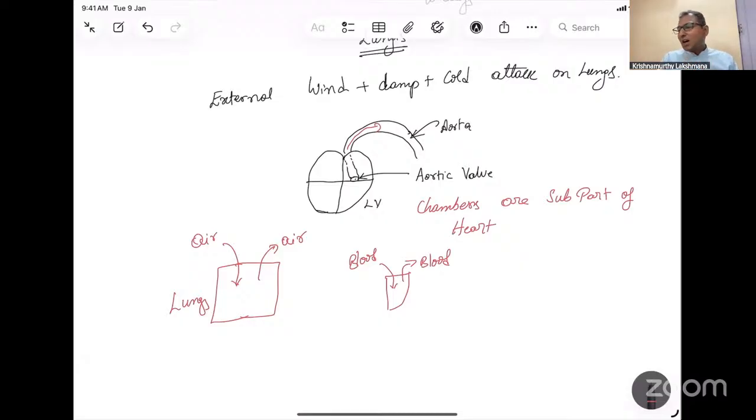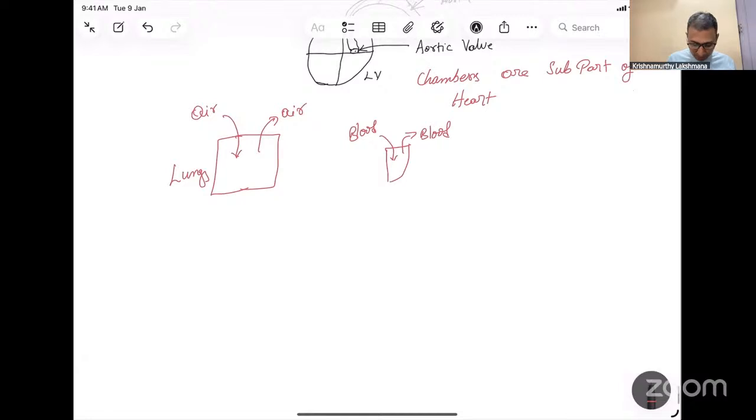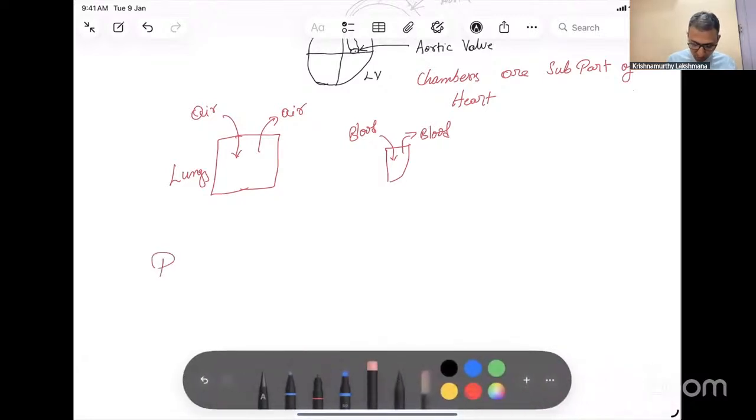Those who are into coding are those who write programs. Right? In coding, in programming, computer programming,